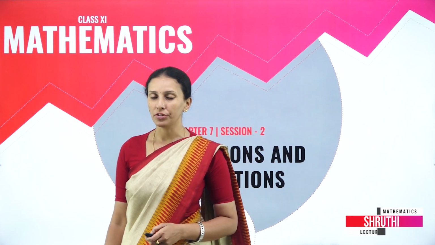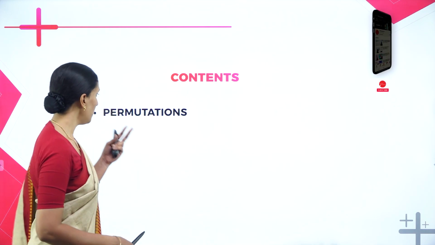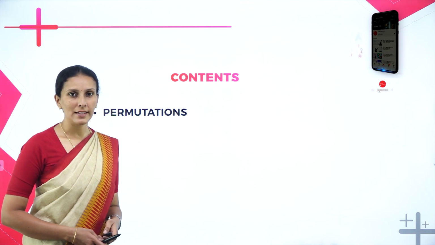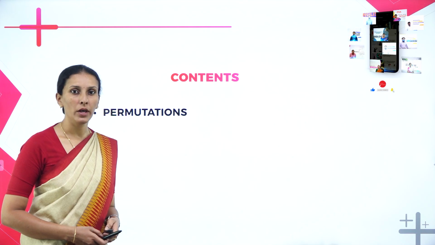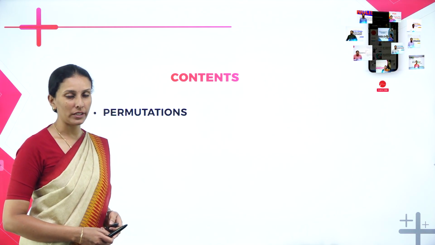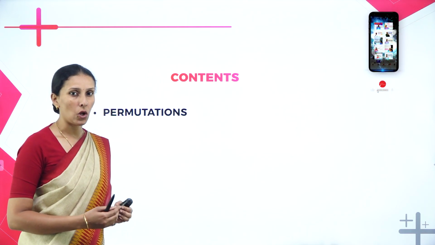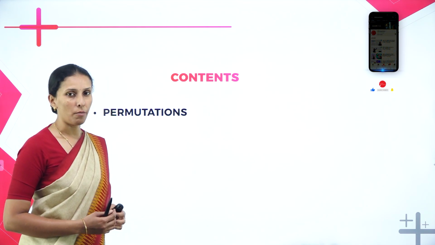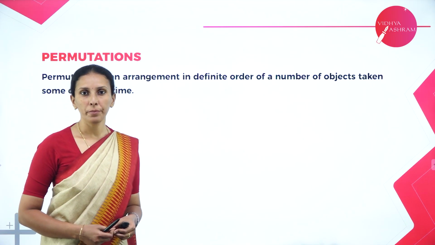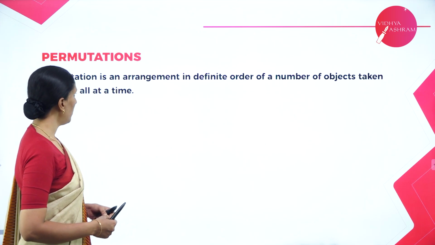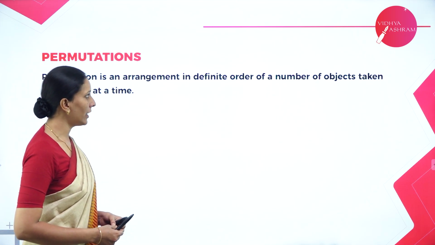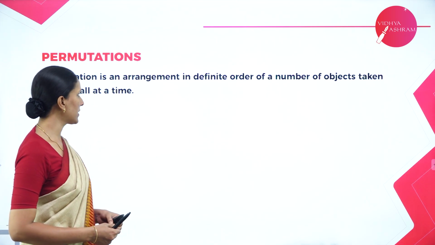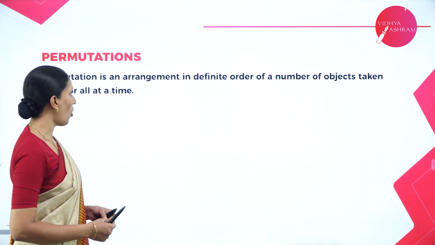So here in this session, we'll study about permutations. In the last session, we discussed the fundamental principle of counting. The same problems can also be expressed in the form of permutations. Now what do you mean by a permutation? A permutation is an arrangement in a definite order of a number of objects taken some or all at a